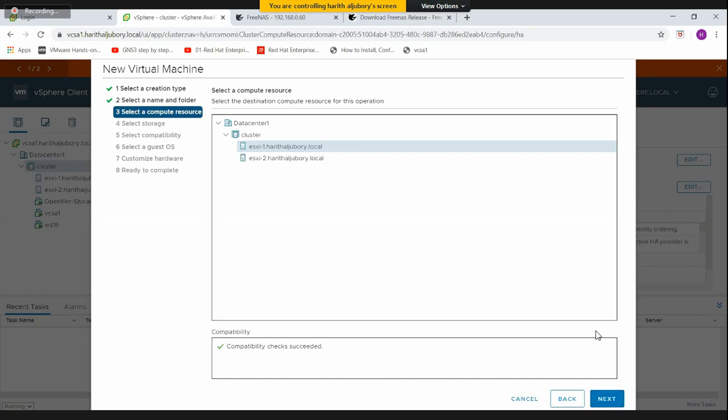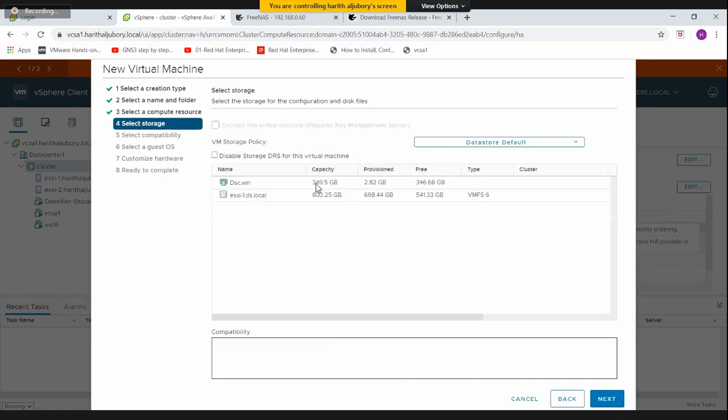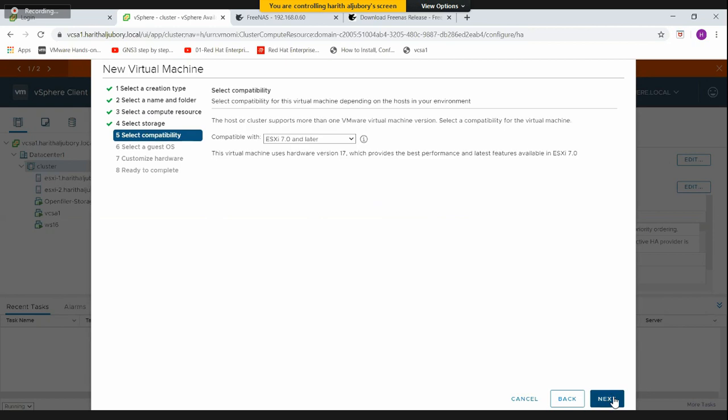For those of you who are joining us for the first time, my name is Ibrahim Qureshi and I'm here with Harith, and this is going to be the first session where we are configuring FreeNAS on the environment. So you can see we have a local disk here and it has 600 gig free now. That's free now. So let's click next, and then we are going to leave the compatibility at ESXi 7,